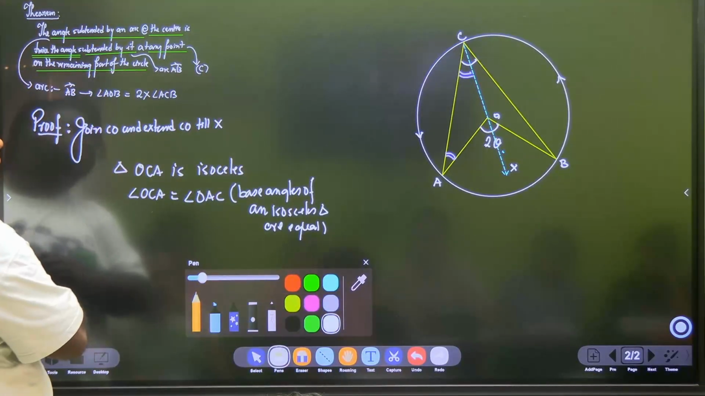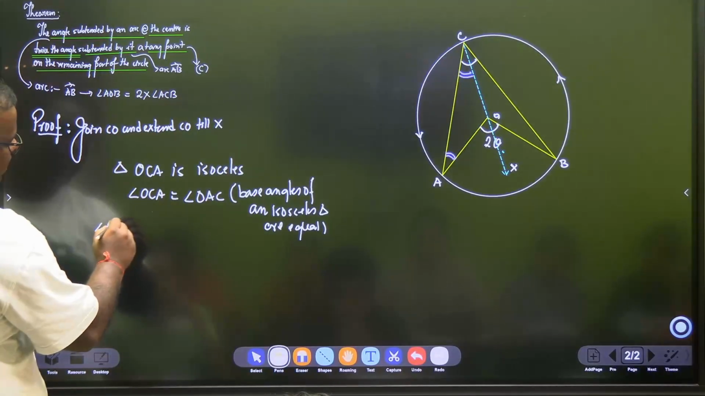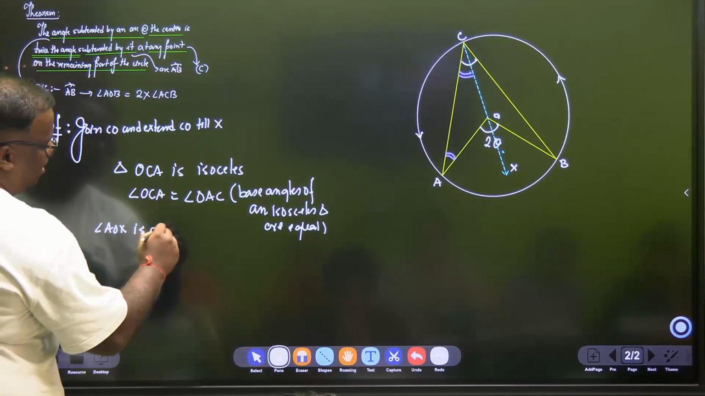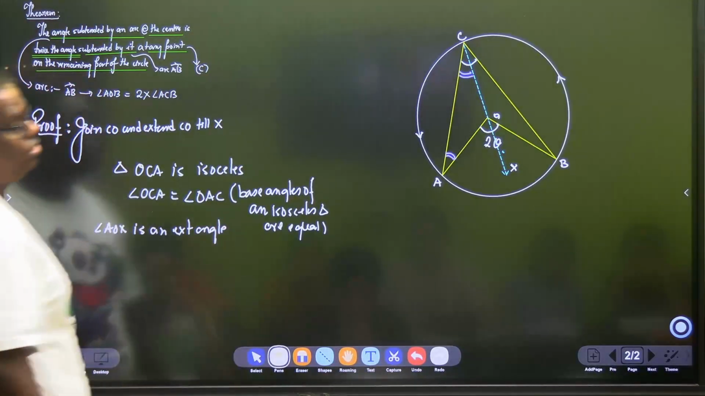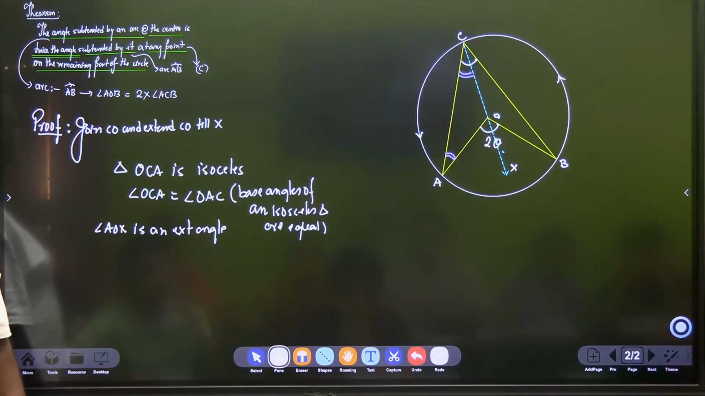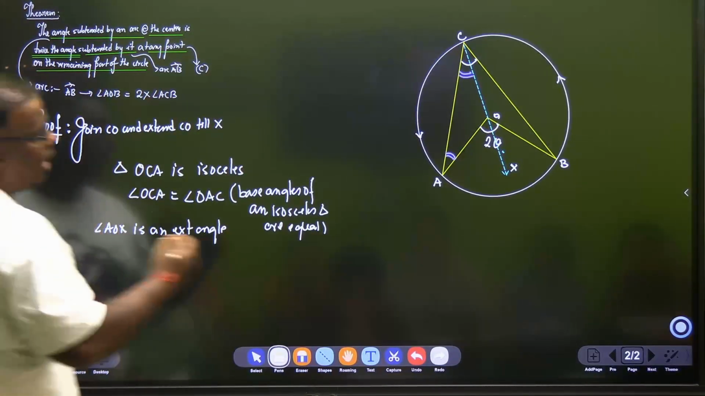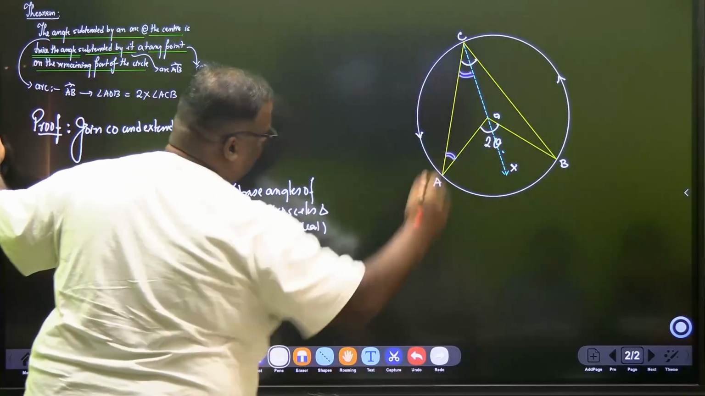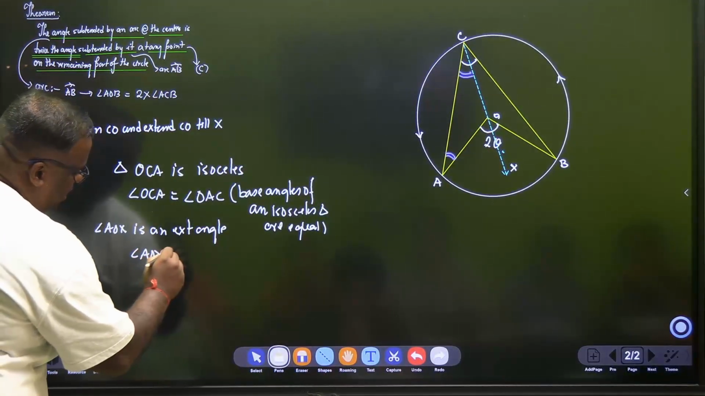I'm writing angle AOX is an exterior angle. Can I write this or not? Yes. Exterior angle is equal to the sum of two opposite interior angles. Okay, so I can write angle AOX is equal to